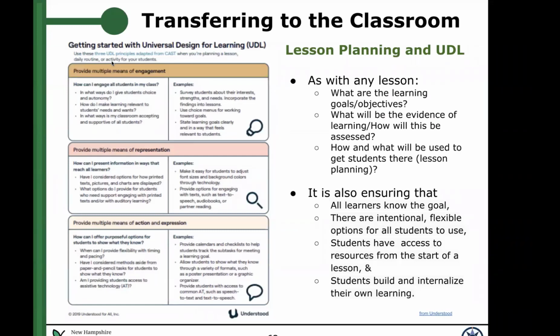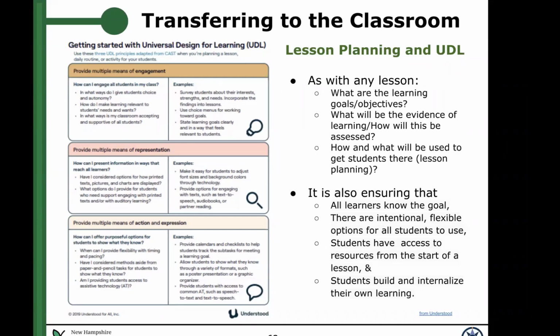And then this last slide here is a quick graphic on ways that we can provide different types of engagement, how we can make sure we have representation of all different learning styles, and multiple means of being able to show what students are learning. So again, we have those learning objectives. What is the evidence we have that they're going to be learning? And how are we going to get that learning to take place in our classrooms, right? And again, all learners, not just your middle, but your bottom and your top, everybody in your classroom.